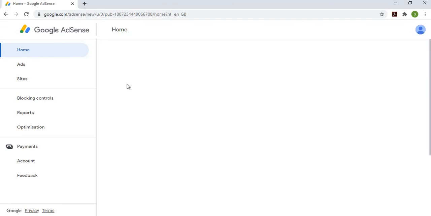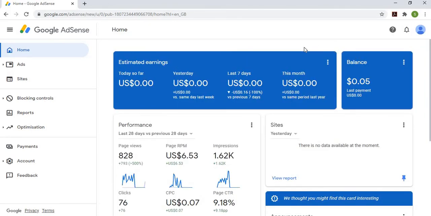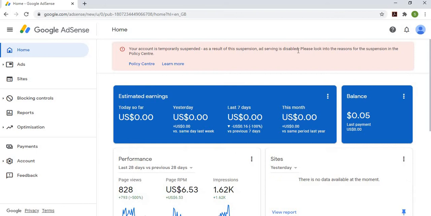Now since I have already logged in using my Google AdSense Gmail account, what you need to do is just use the Gmail account to which your Google AdSense account is linked.